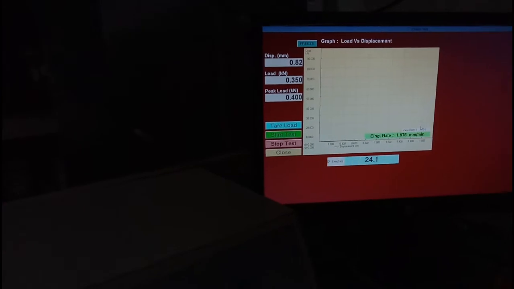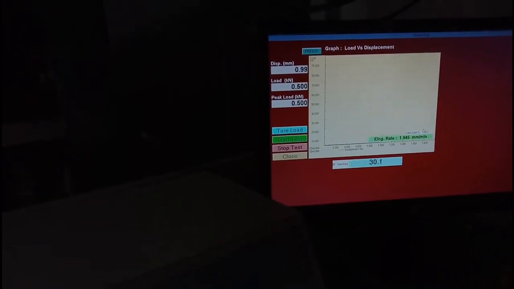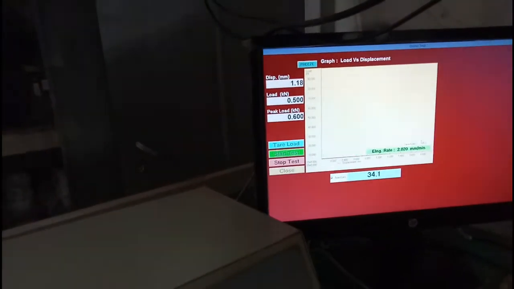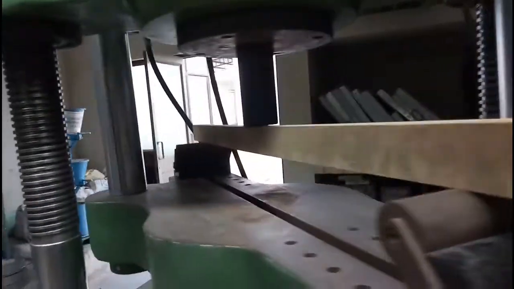For sure, for this test we can see deflection will be more for smaller load, so deflection can be seen here more since it is bending, right? So we will see this actual bar here.